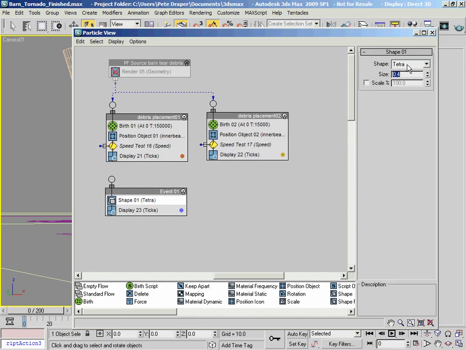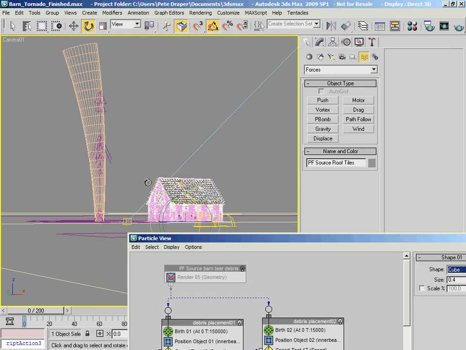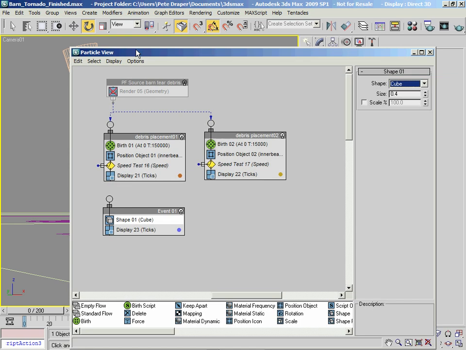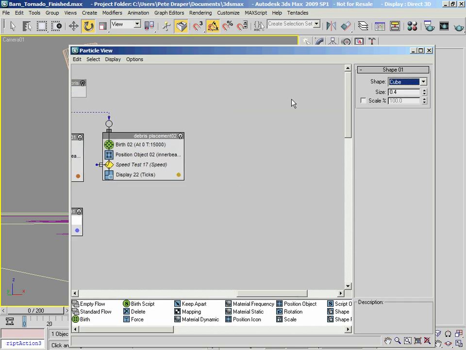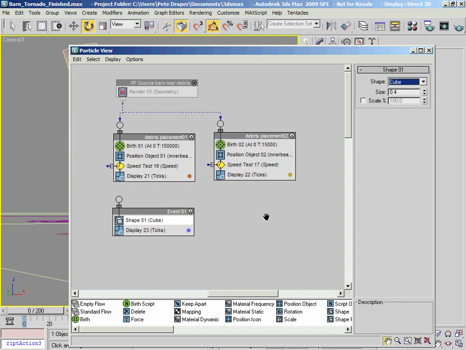The shape itself I'm going to set to cube. Now this debris system, and also the next one that we're going to produce for the intake debris, and also the dust that's kicked off by the ground, and any other kind of airborne stuff, bear in mind that it's simply renderable cubes that we're going to be dealing with.